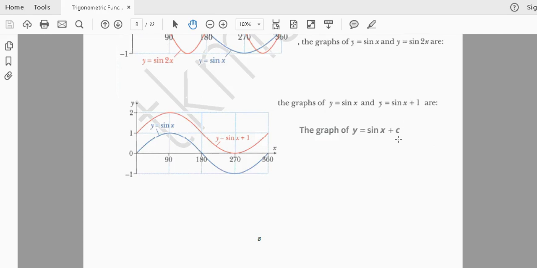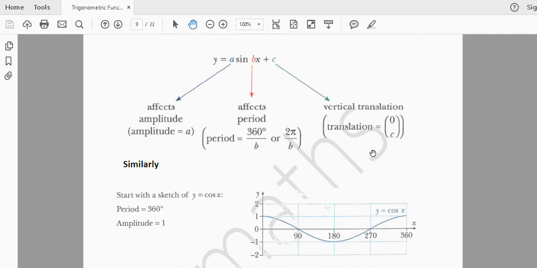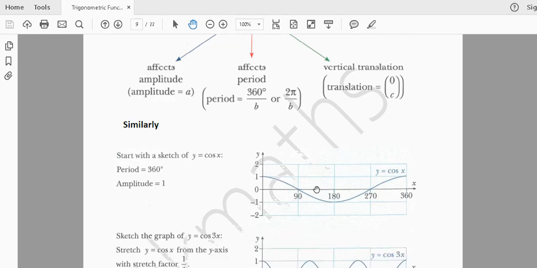You should know the sine function sketching for the general equation y equals a sine bx plus c. So you will be able to handle all these types of questions. There is a technique to do that. Here is a general form of it. What is the meaning of a, b, and c? Because mostly sketch questions revolve around it, and if you have a very clear concept of how they are related to each other, you will be able to handle those questions.